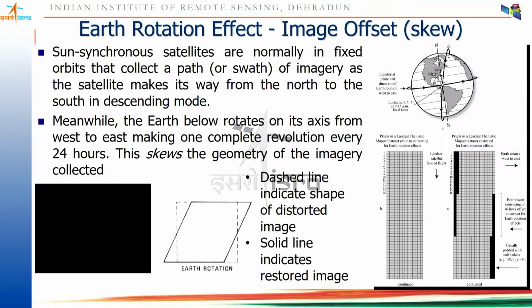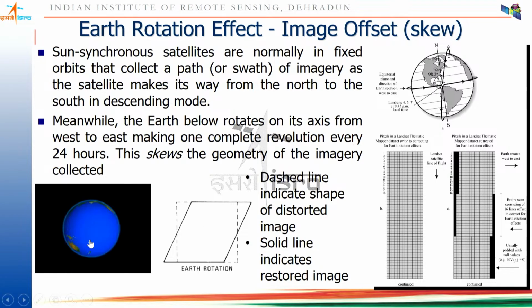It's shifted to the west. Whereas we get the data like this, a continuous stream of data, assuming that it is capturing in a rectangular pattern. No, the Earth is rotating underneath, so actually the data being captured should have been skewed like this, right? So this is the data that is captured, and it should have been represented like here in the solid line, right? So transforming data from this dashed line, which is distorted, to the solid line is actually removing the effect of this Earth rotation.